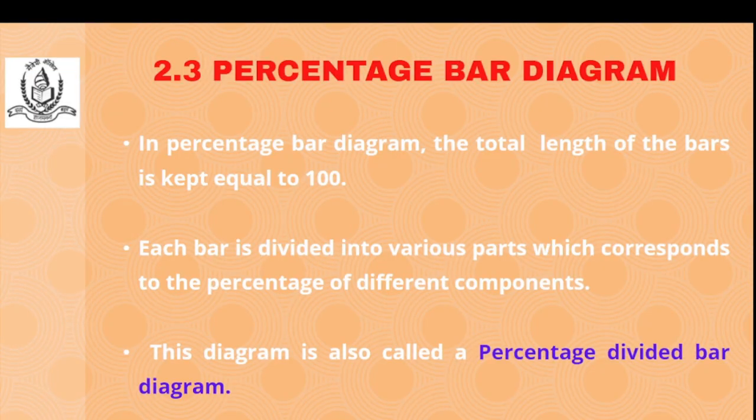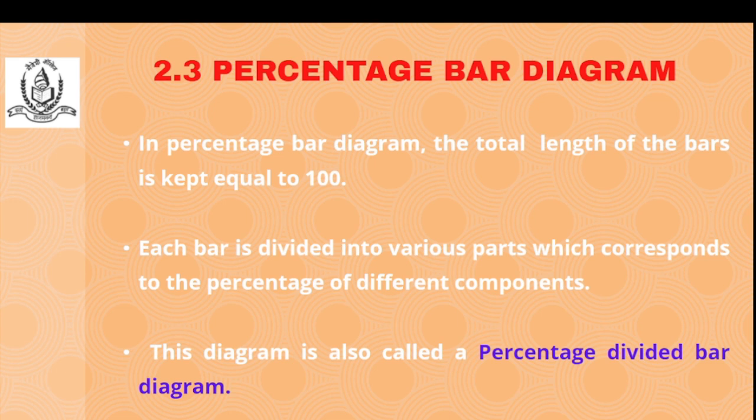The third type of bar diagram is the percentage bar diagram. In a percentage bar diagram, the length of each bar is kept equal to 100. That is reflected in the name itself, percentage bar diagram. Then each bar whose length we have kept as 100 is further subdivided into various parts. Again, each subpart of the bar represents the different components of a variable, but there is one difference here from the divided bar diagram that we have just discussed, that here